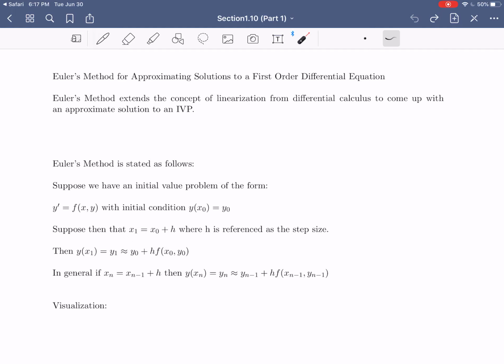So the idea here, again, is that we want to be able to approximate numerically, so just using arithmetic computations, the solution to a differential equation and avoid actually having to explicitly solve this differential equation. Now, it turns out that in general, if we were taking a full class in differential equations, in other words, if our class was not split between linear algebra and differential equations, and we had an entire semester just to dedicate to differential equations, we would spend a lot of time learning about ways to approximate solutions